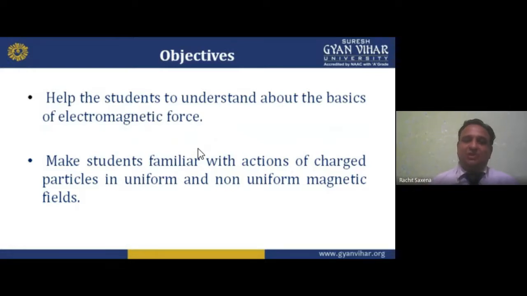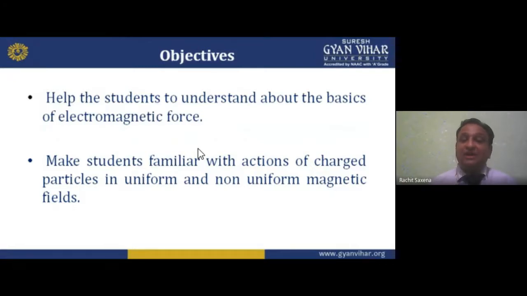The goal is that you become a very good entrepreneur, but start from the initial stage, as a small or micro entrepreneur. We have some objectives to follow, and then we'll reach the final stage. So my objective of this lecture is to help the students understand the basics